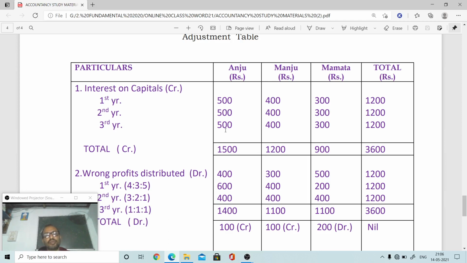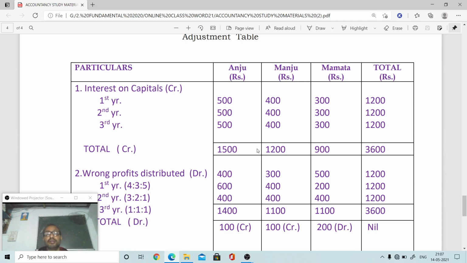So if you want, we can do it this way: the amount of capital, the first partner 10,000, thereupon 5% into 3 years. So 1500 you can find directly. The same way 8,000 into 5% into 3. The same way 6,000 into 5% into 3. So directly we can get it. As per convenience, we can show details or show directly. So anyway, this is the amount, 1500, 1200, 900, related to interest on capital, that should be